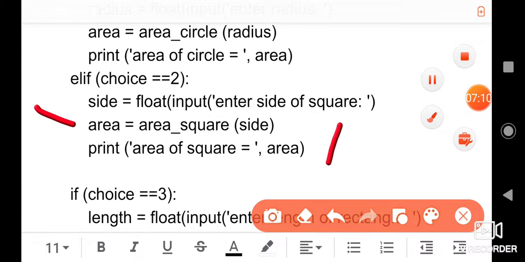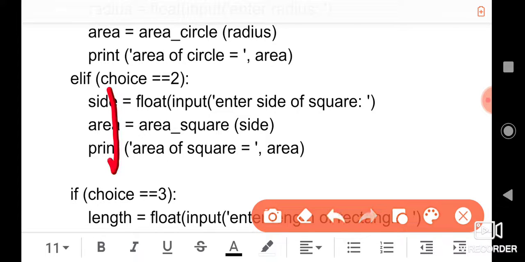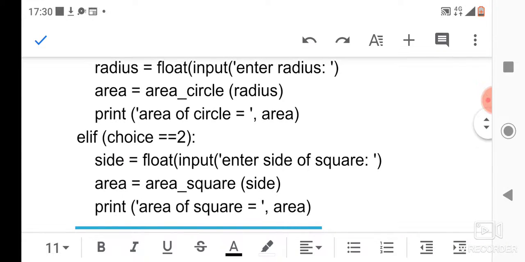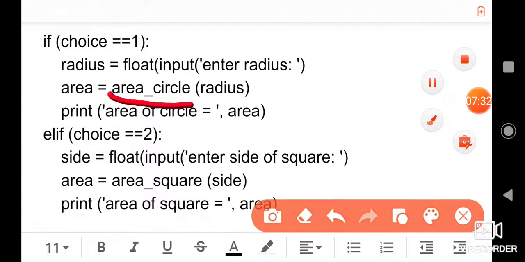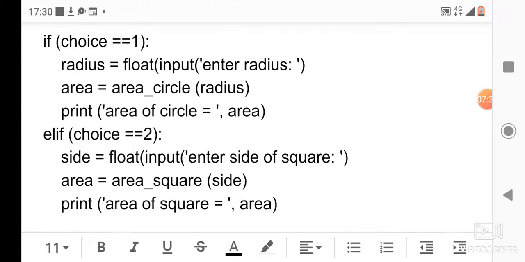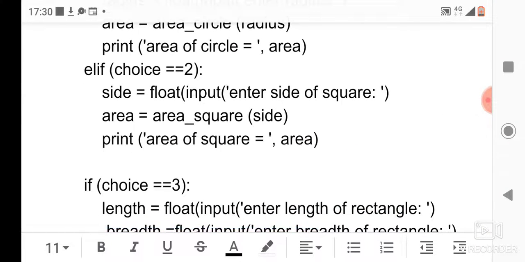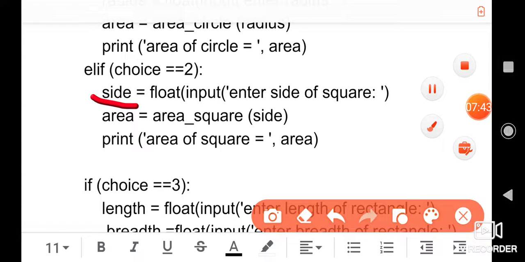Next, area is calculated by calling the area square function. Here we are calling this area square function, and it is now that this function will execute. Similarly, when we called the area circle function here, only then was that function executed. Now we are calling the area square function, and the value of the side variable which was input by the user is supplied here as an argument, and it is copied into the side variable of the